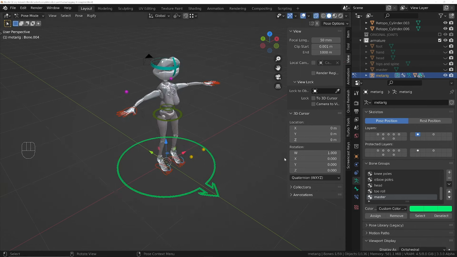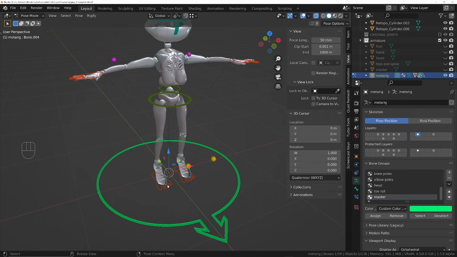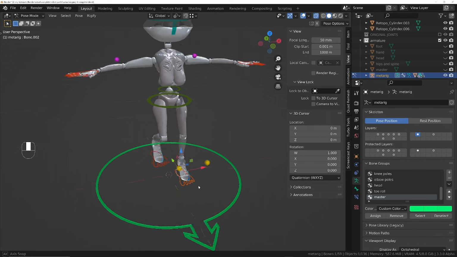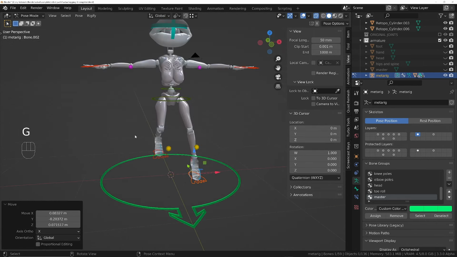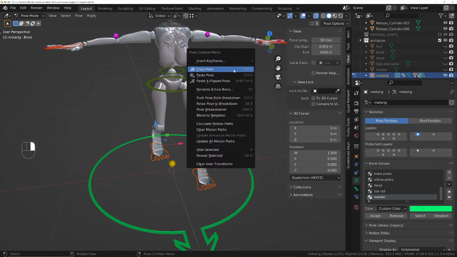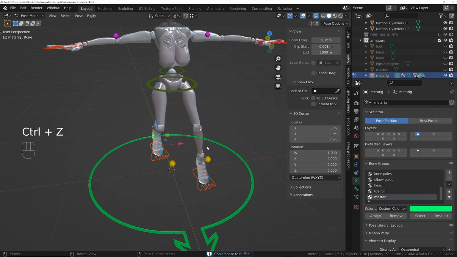And you'll remember earlier when I was naming the IK bones as IK left hand and IK right hand instead of IK hand .R and .L, the reason for that is any bone position that you want to be able to paste to the other side. Let me show you. If I move this up, if I don't want to swap the pose, so if I bring this one forward, so that these are sort of swapped over, normally what you'd do is you'd select them both, right click, copy pose, and then you'd right click and you say paste flipped. Now it's not working, and the reason is we need to change the names of the bones